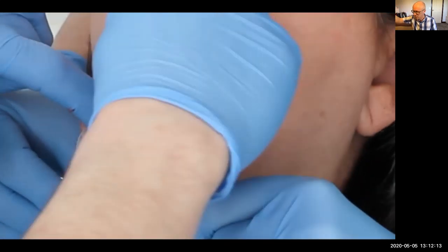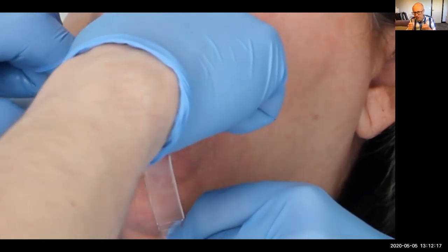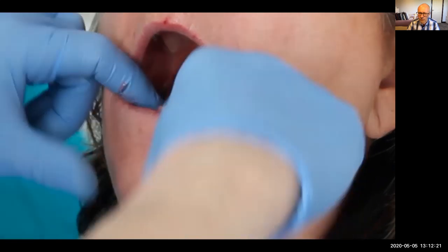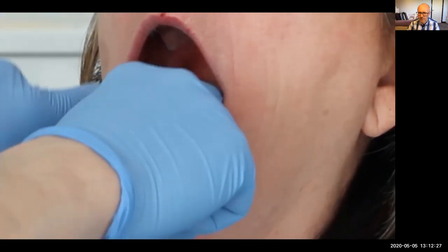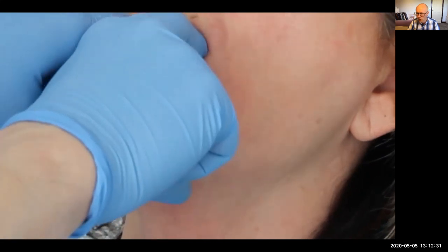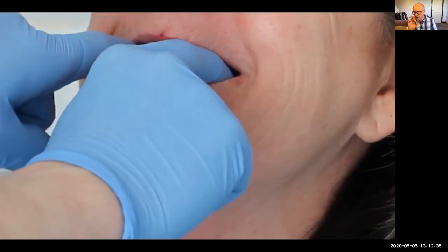I'll rotate the tray in place. Claire's got the retractors, just keeping that out of the way. Push it down onto the gum, moulding the cheeks there, and then I get Lynn to close up. It's a closed mouth impression with that retromolar pad relaxed, and then